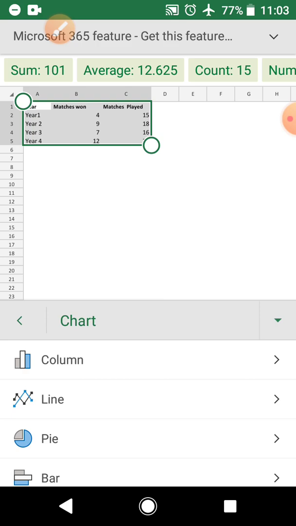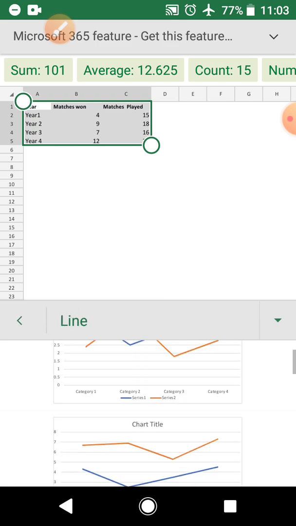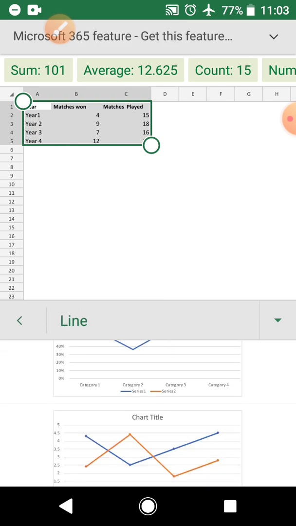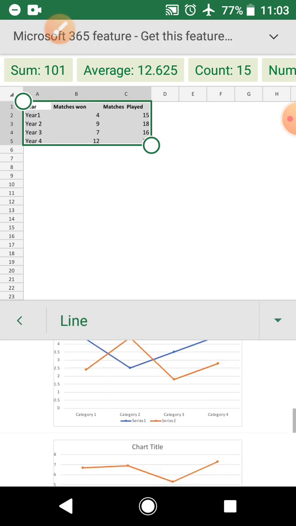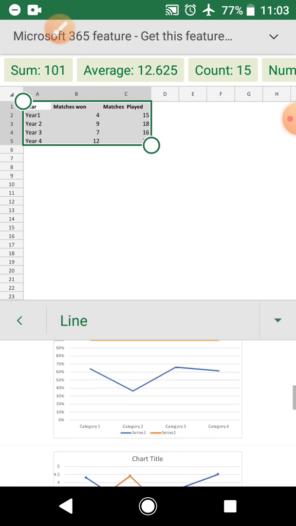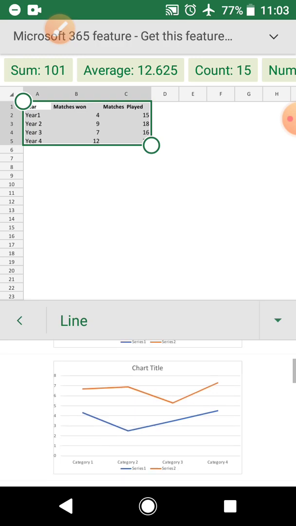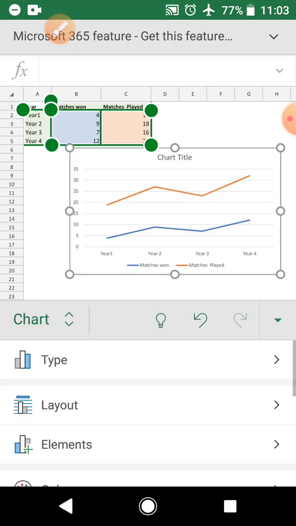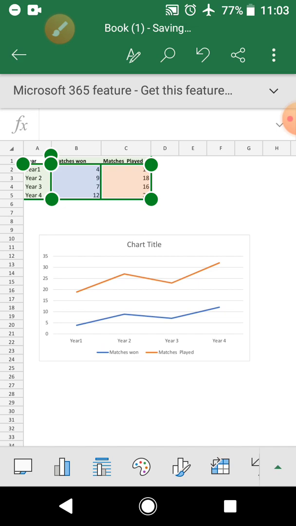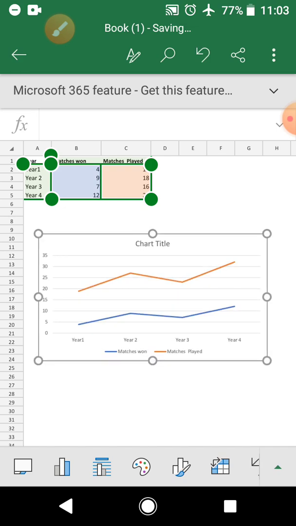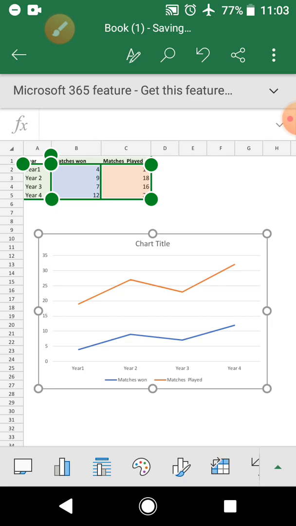Now let's insert the line chart and look at how the outcome looks. I think I would like to go with the second one. All right, it has been inserted. It's so easy to insert, it's not rocket science, okay?